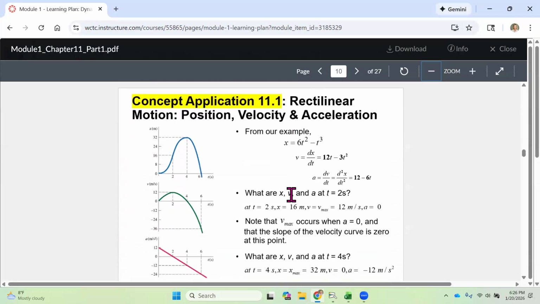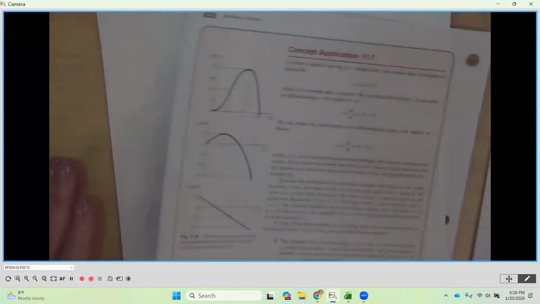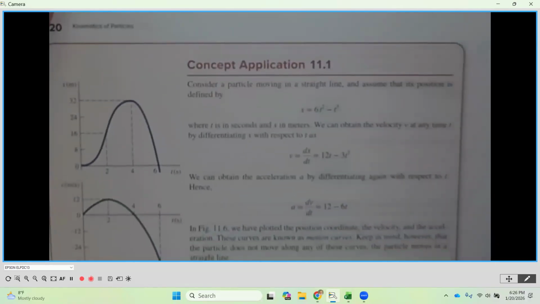The first problem we're going to look at is a concept application problem. This is not a practice problem, but I'm going to demonstrate it for you and show you how we're going to be using Excel to solve a problem like this. So I'm going to go underneath my camera and we're going to look at this problem. This is on page 622 in your textbook. It's concept application